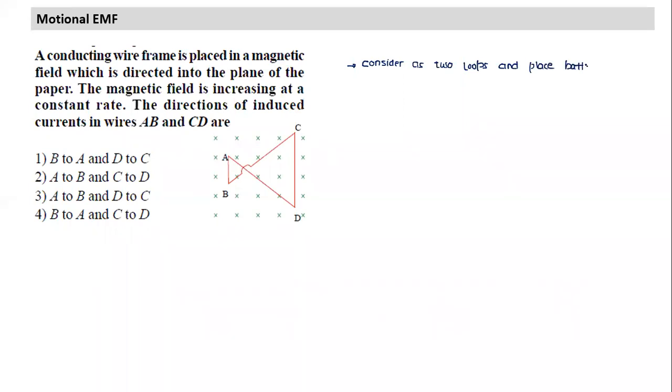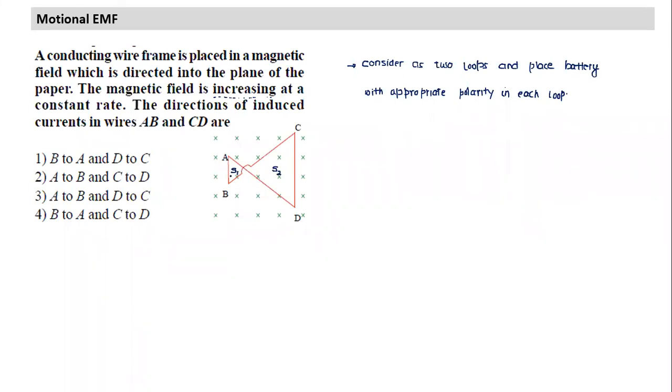Now let's look at it. Let's do the basic approach. Let's place a battery with appropriate polarity in each loop. We can take AB as a rod and find the EMF. No, this is not that, this is something else. The magnetic field value is increasing. So the area is constant here. Let's say this side area is S1 and this area is S2.